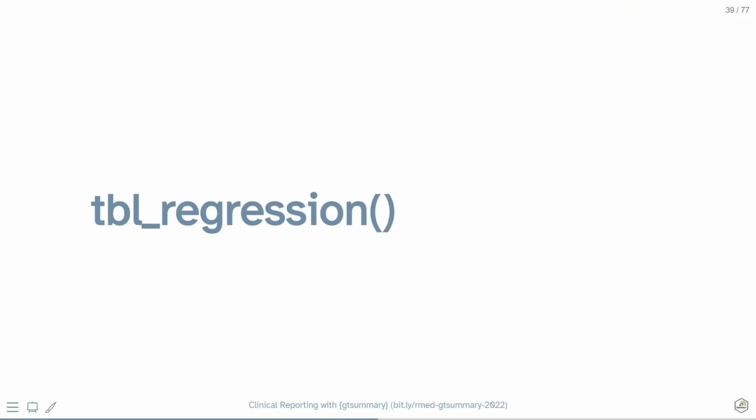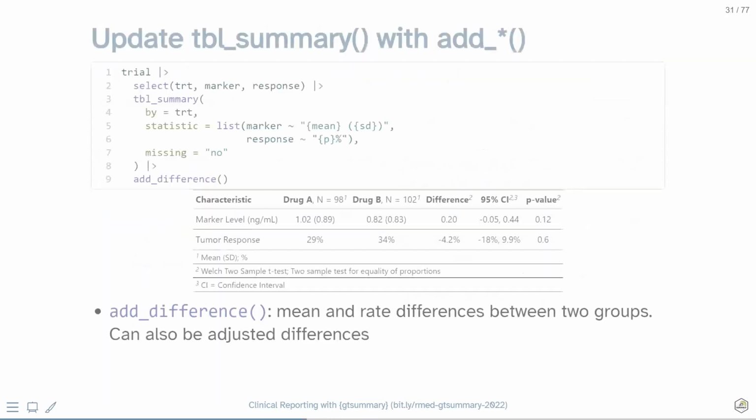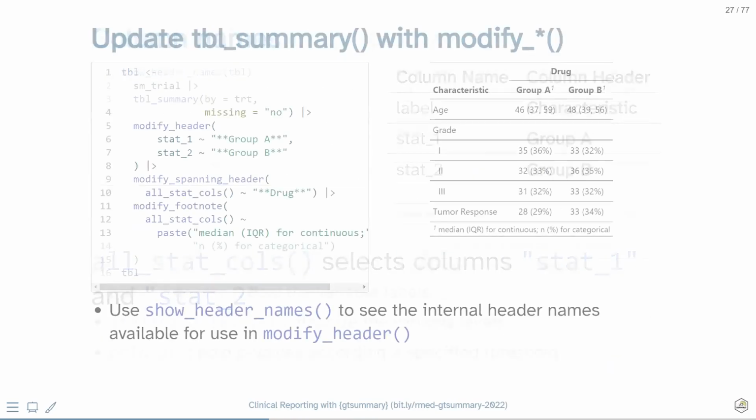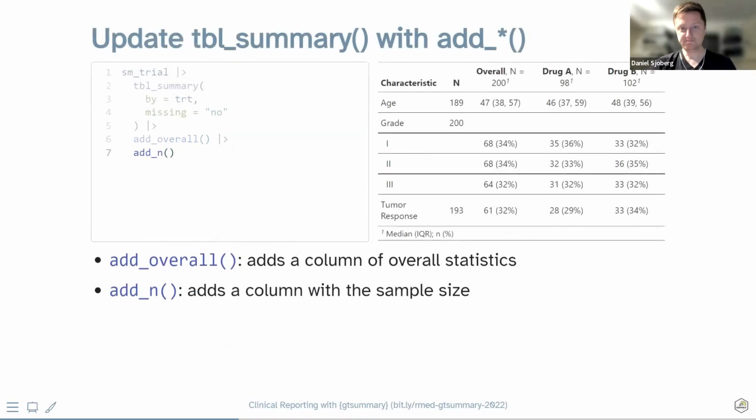I have a question. Hi, Yolanda again. Hi. Where you omit the missing values, where you say, I think it's missing equals no or something. Yeah. Yes, that's a global table, so it will eliminate all the missing information for the whole table. I don't know why anybody would want to do that, but could you say I wanted to keep the missings for age, but not for the other variables? Can I do that? Yes, you can.